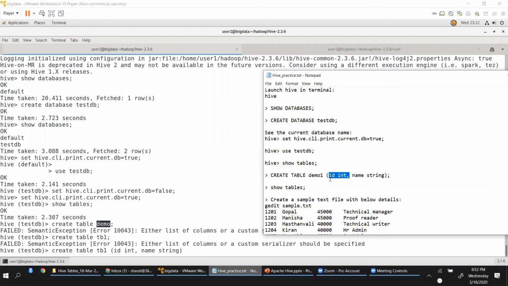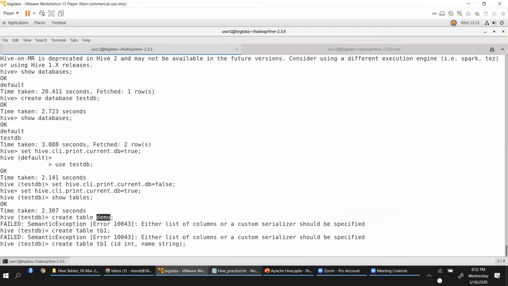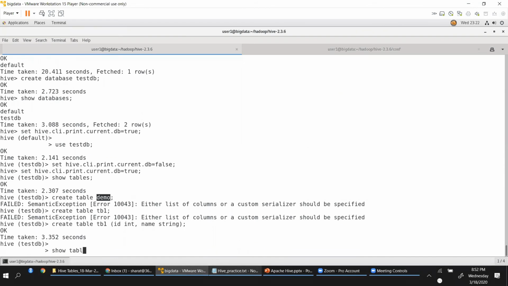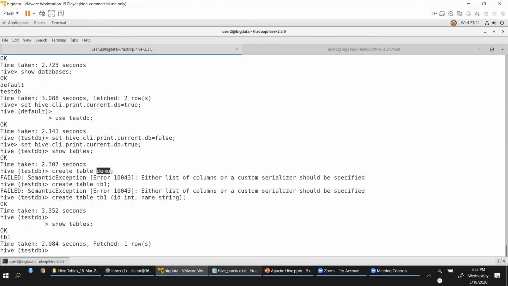I'm saying the data type is integer. Name is the second column, and I'll take the data as string. So now if you say show tables, it will show TB1 as the result. Okay, so that's how we create the table.